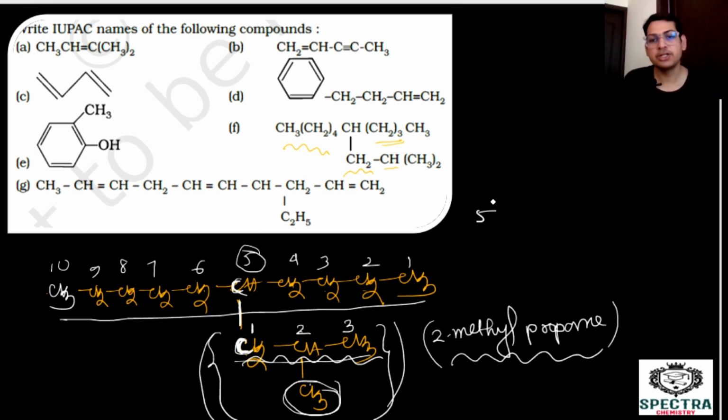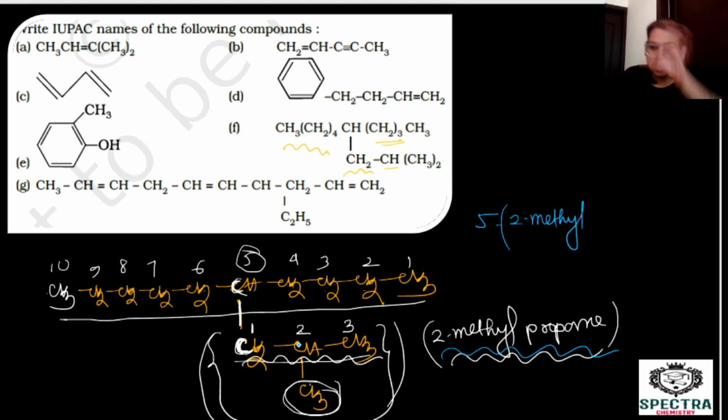First position of the substituent, at 5 you are having this substituent. So sir, the name of this is 2-methyl propane. Can you write propane? No. Now this total is your substituent, so 2-methyl propyl,